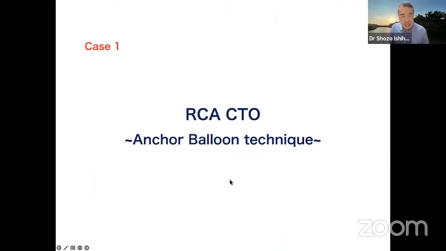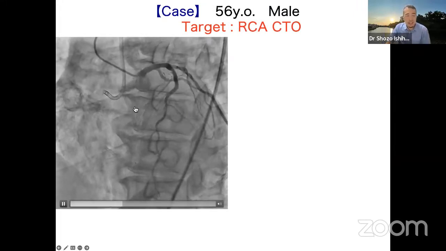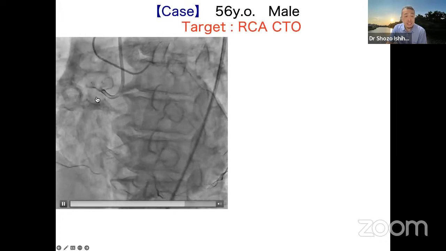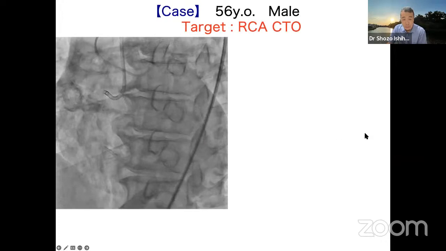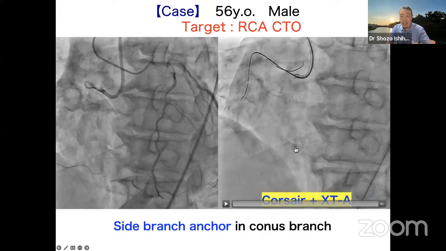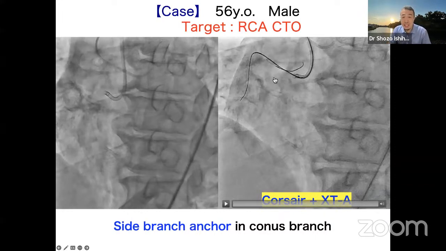So I will show one case of anchor balloon technique. This is the RCA CTO, at the proximal RCA, and the lesion length is very long like this. And the distal part is a little bit bending. I will show later. So first of all, I advance the guide wire XTA with the support of Corsair